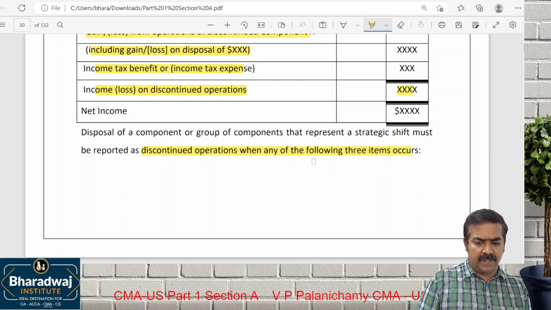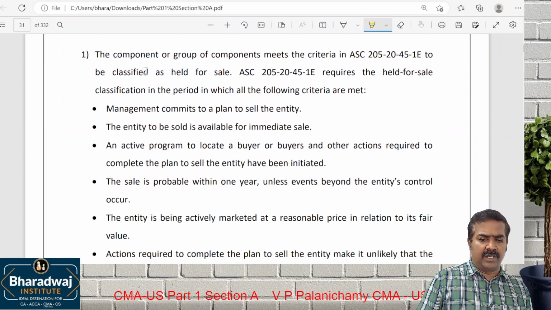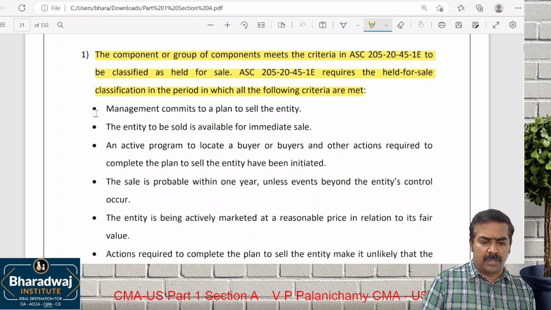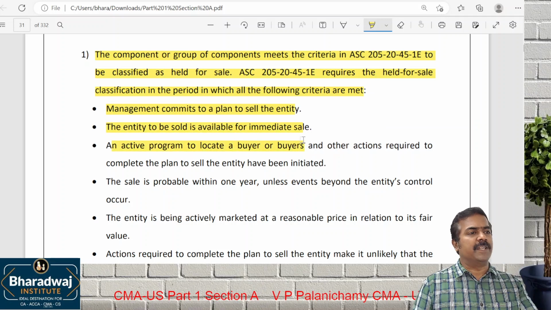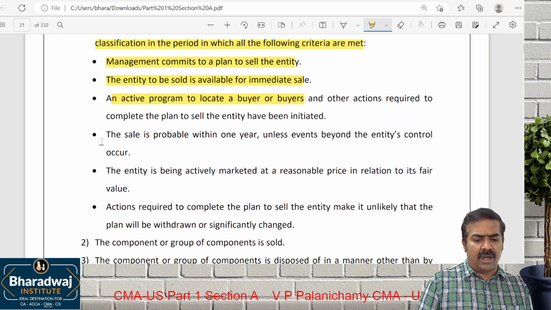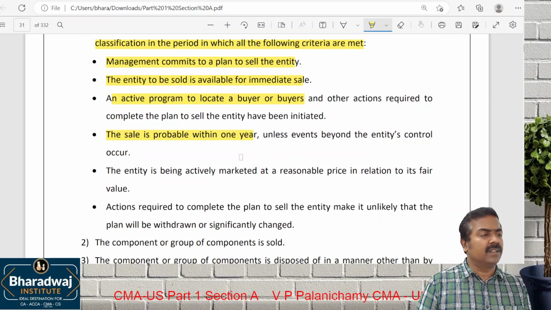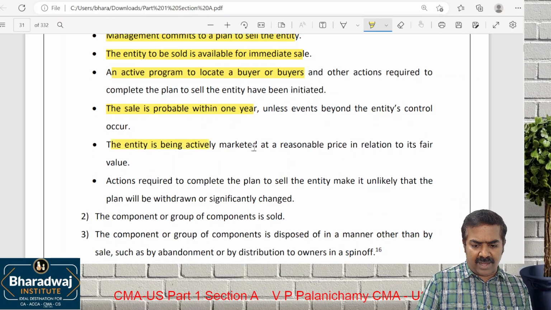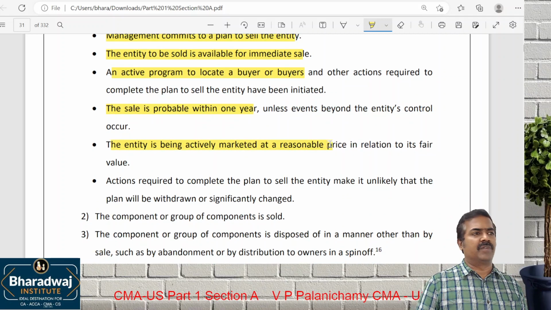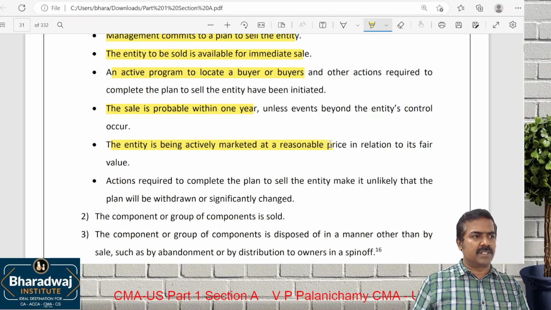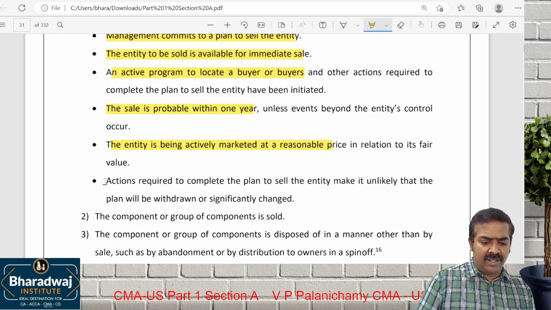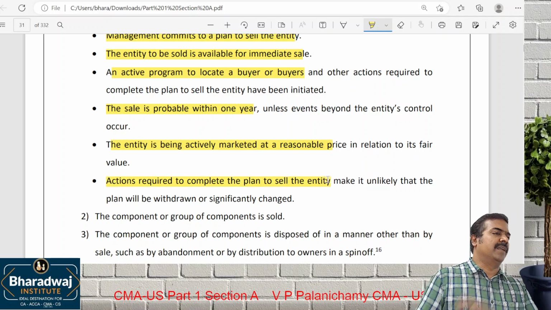So these are the examples of which one? Discontinued operations. Okay, what is a discontinued operation? When will it be called a discontinued operation? Number 1, you are planning to sell it, or already sold it, or you are going to sell in piecemeal, or the sale will happen within 1 year. Or already we have given marketing, like for example, this business is for sale, like that we have given marketing information that this business is available for sale. Then all action plans are ready for selling the undertaking.